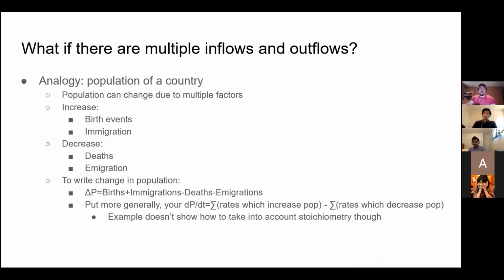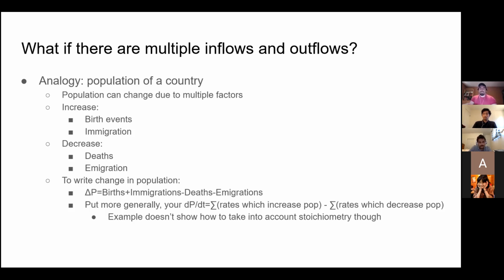So I'll go to a different analogy that might help. Think of it as the population of a country. Population can change by multiple things. You could have births, or you can also have people immigrate to your country, but the population can also decrease from deaths or emigration, which means people leaving your country to immigrate to another. To talk about the change in population, you can say that your change in population is equal to the births plus the immigrations to your country minus the deaths minus the emigrations,